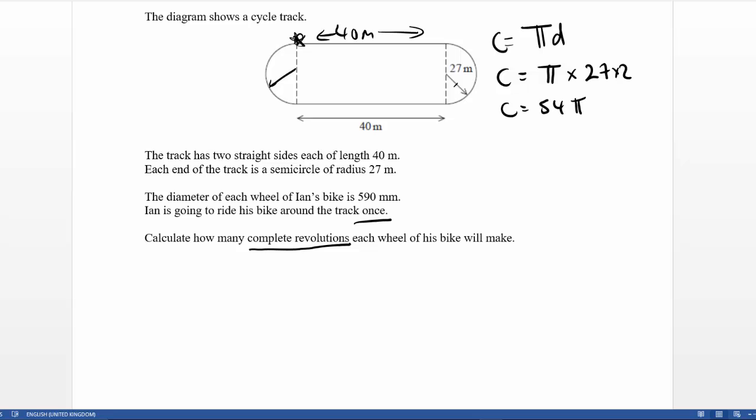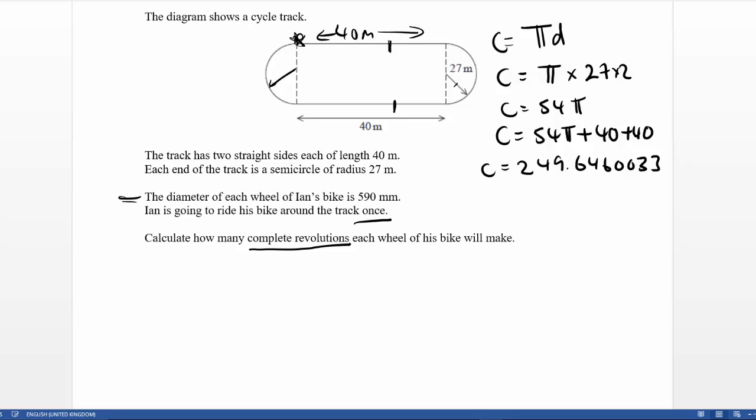Okay, I'm going to add back on this 40 for this length and that 40. So you're going to have now c is equal to 54 pi plus 40 plus 40. So that's going to give you c is equal to 249.6460033. Now we're going to come back to this in a moment. It says here